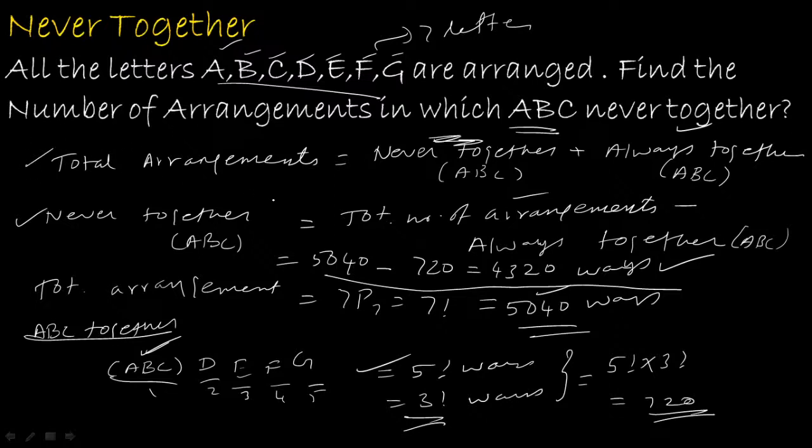Or otherwise, this is a general concept you have to understand. The total arrangement consists of both never together and always together. Okay. Then by making use of these two you can calculate. If you need never together, take this term to the other side and calculate. Okay. So with this,